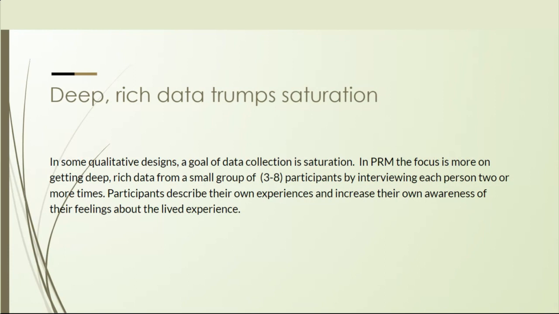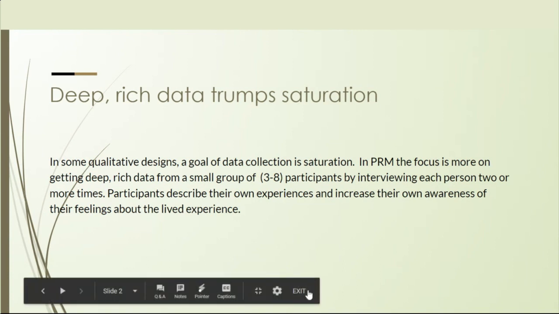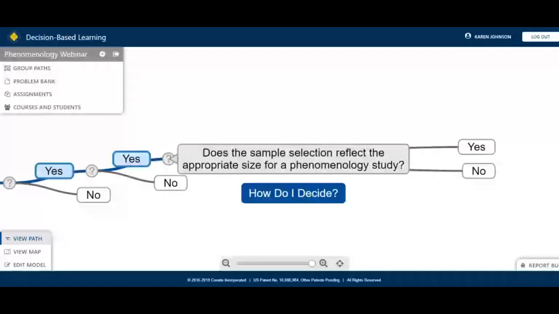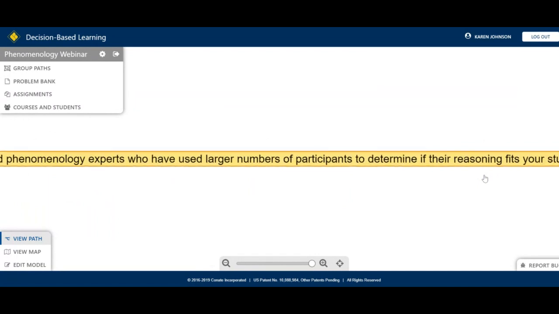So as you find other scholarly literature that supports what you're trying to do, then I think there's some reason to at least consider that and not just throw everything out as not a possibility. So once we've looked at the sample size, if the sample that's being considered by any researcher doesn't meet this criteria, then, as I said, go read